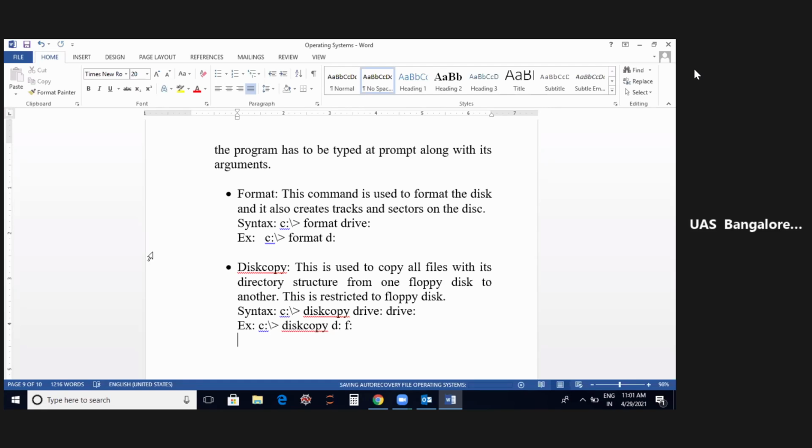So whatever we are doing, it is only for those particular drives. In a system, usually the C drive, we tell you not to touch the C drive, because in case you go on to format the C drive or touch anything in it, your entire system will collapse because it has the program files, the operating system, everything. That is the reason we always tell you people not to touch the C drive.